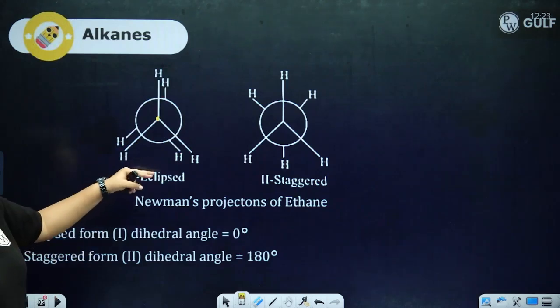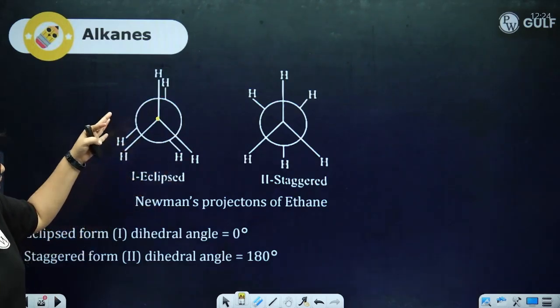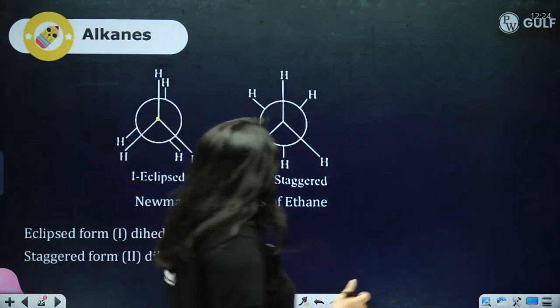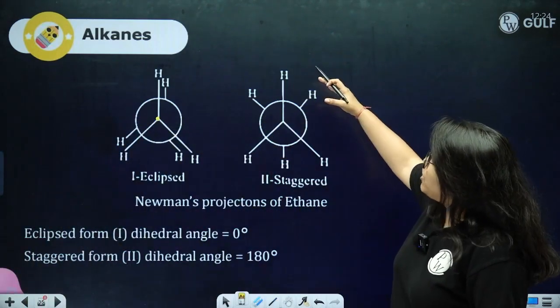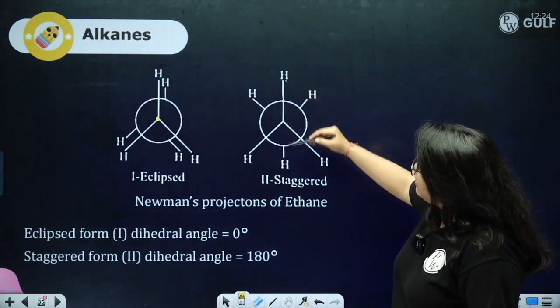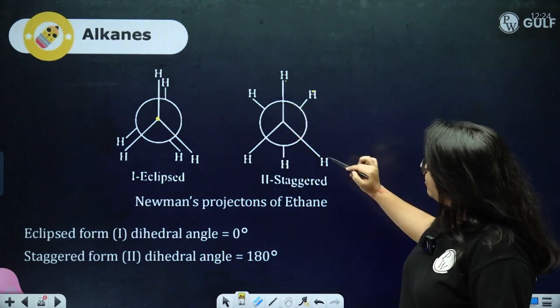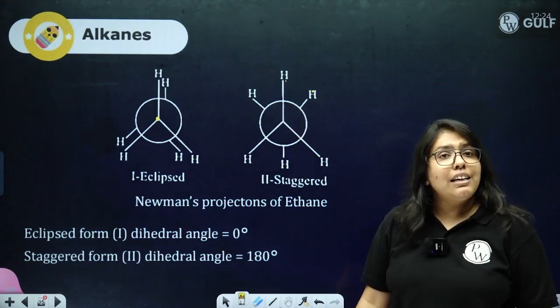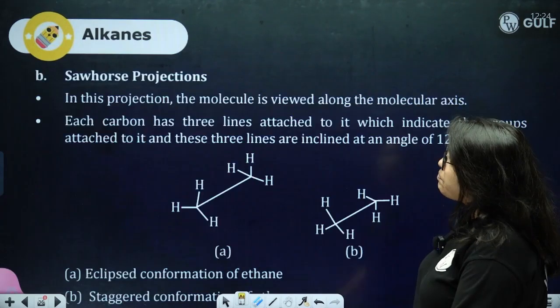The dihedral angle is 0 degrees. As a result, this is the least stable. There are constant repulsions. Over here, the hydrogens are far off from each other, beta. The interactions are the least over here. You see, for this hydrogen and this hydrogen, the angle is 180. This hydrogen, 180. This hydrogen, 180. That is why over here the interactions are the least, and that is why they are more stable.